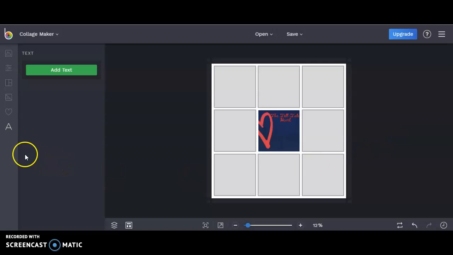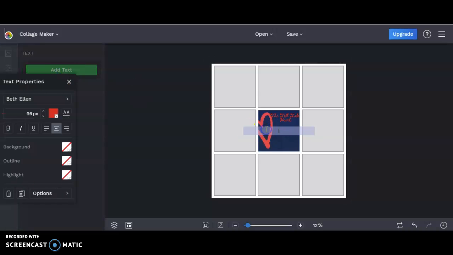All right, now I just need to add in my author. So again, click Add Text, double click to type. I'm just going to type